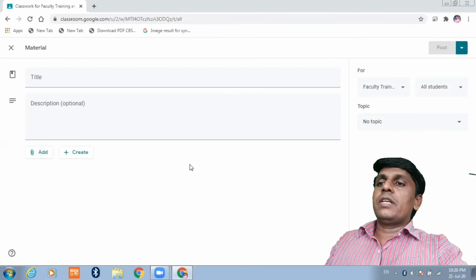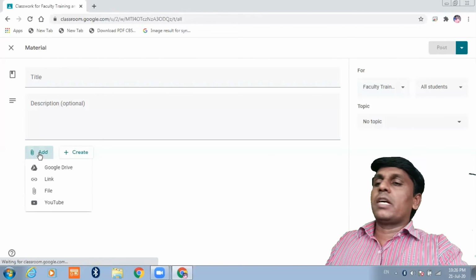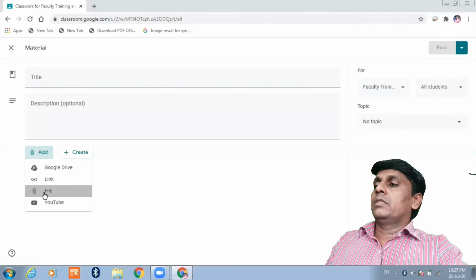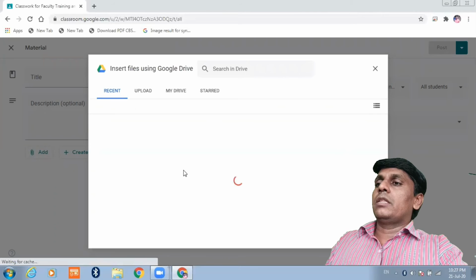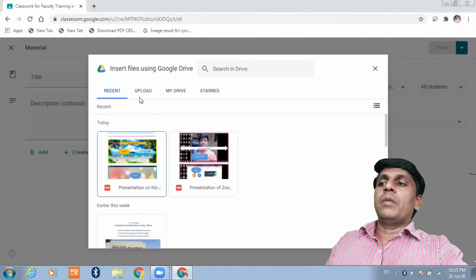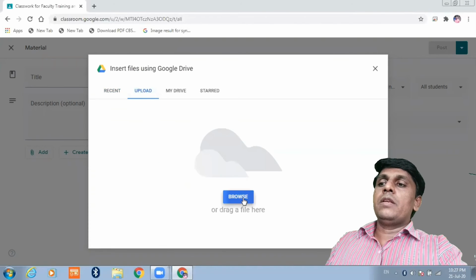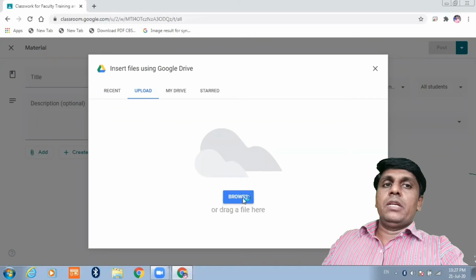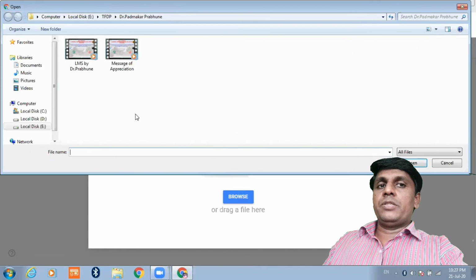And after adding this, along with this, if you want to add any presentation, then click again on the Add button. Go here, click on file. This window will appear. Then say upload. Then browse where it is in your laptop or PC.